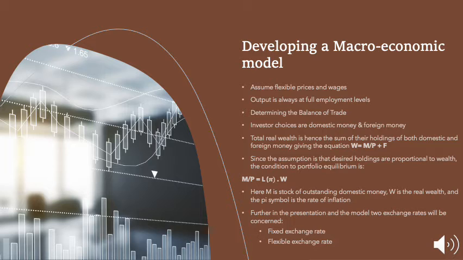We will have two exchange rate regimes that will be considered in this analysis. First will be a freely floating exchange rate, with the government abstaining from either buying or selling foreign money. Second will be the fixed exchange rate. In this scenario, the government holds a reserve of foreign money and stands ready to exchange foreign for domestic money at a fixed price.